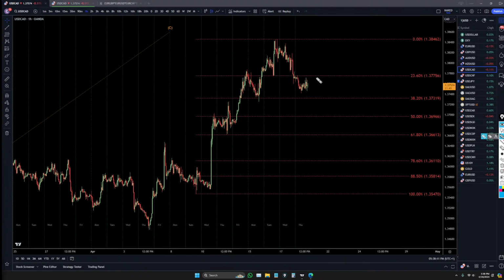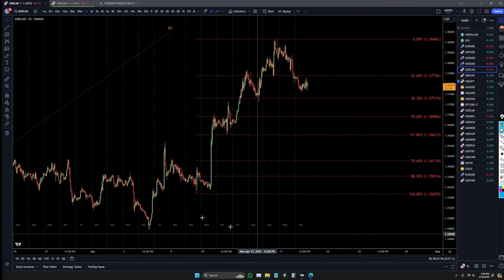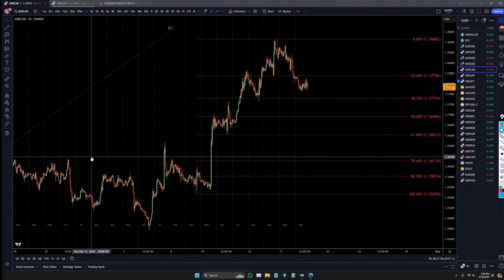I think this is probably now going to make a crutch into this move down, which should be a wave B, and then it probably will go down for a wave C and then back up, just like all the other dollar pairs, I think. Maybe it'll stretch out for a little while. We do have some dollar news next week, which I think could possibly move it.